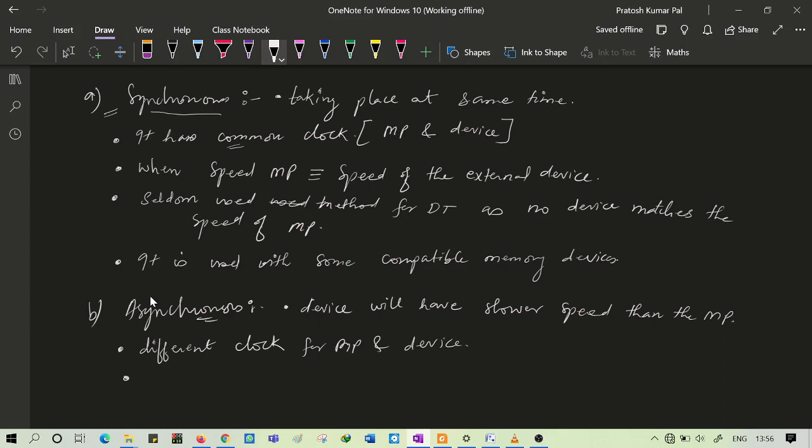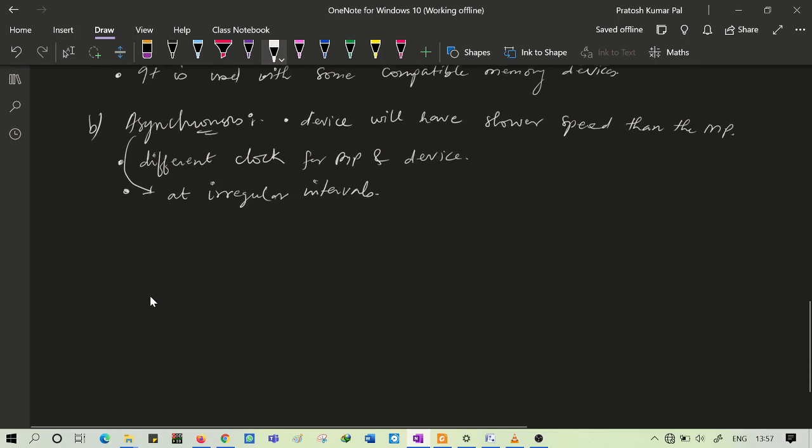And as it is asynchronous, it will be taking place at irregular intervals, as it has different clocks. It will be taking place at different time periods or intervals.